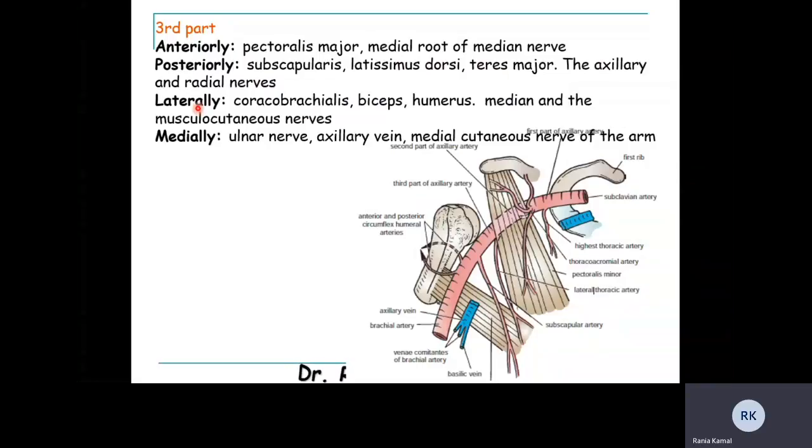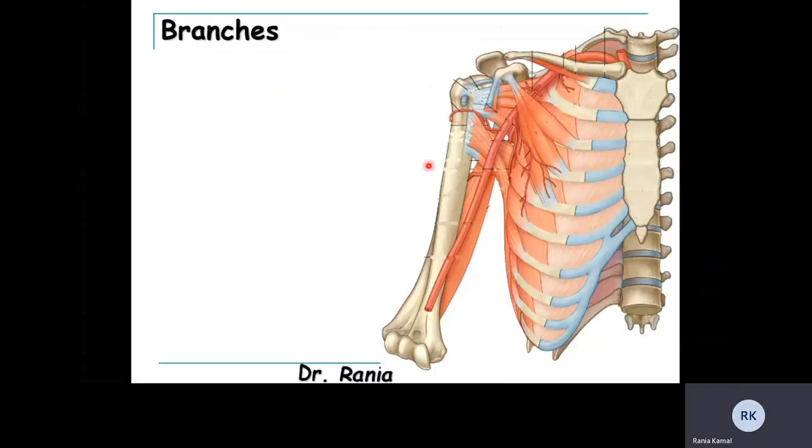Laterally, it is related to branches of the lateral cord, the musculocutaneous nerve, and also the median nerve, which arises by two roots, one from the lateral cord and one from the medial cord. It is also related to the lateral wall of the axilla formed by the coracobrachialis muscle, biceps muscle, and humerus. Medially, it is related to the axillary vein, branches of the medial cord, the ulnar nerve, and the medial cutaneous nerve of the arm. Regarding the branches